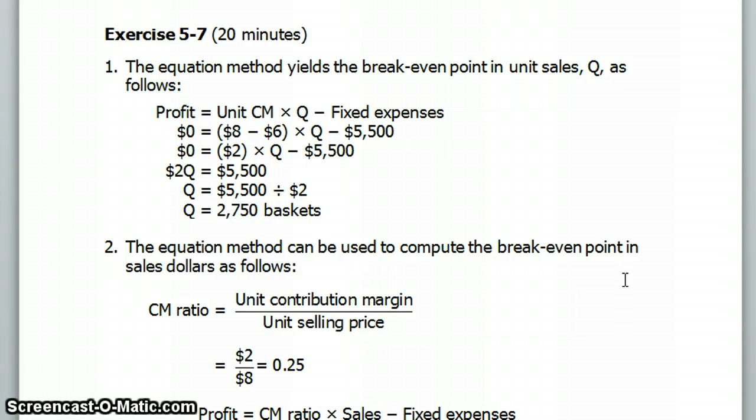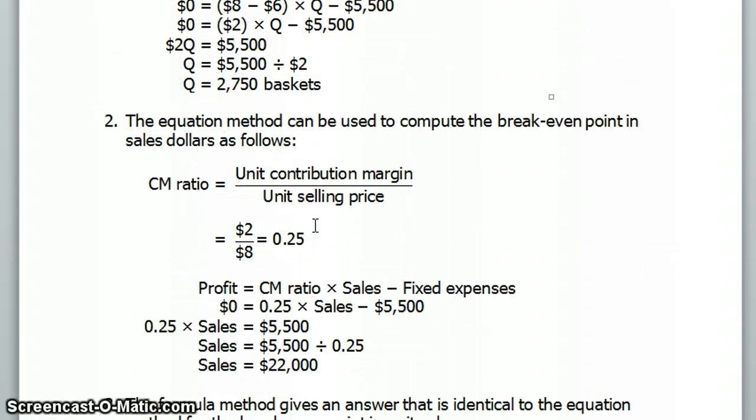Under the equation method, we can also calculate the break-even point in sales dollars. Now this could very easily be done in this situation where you already know the number of baskets to be sold to break even. You could multiply 2,750 baskets times $8 per basket to come up with $22,000 of sales